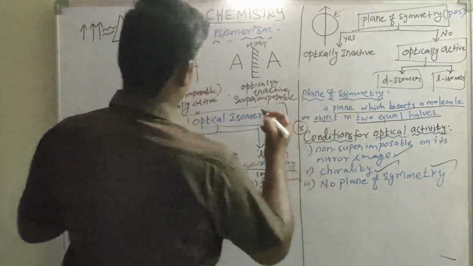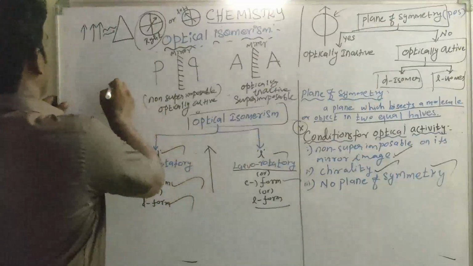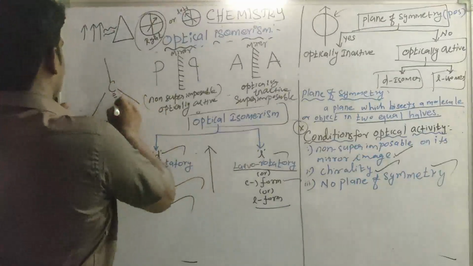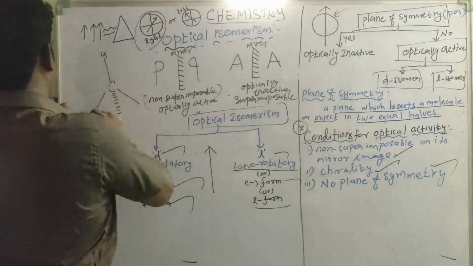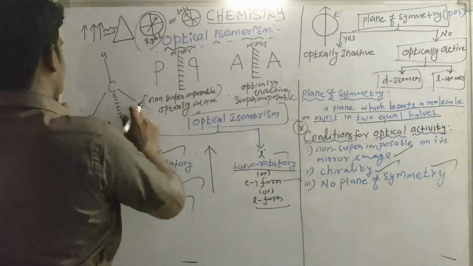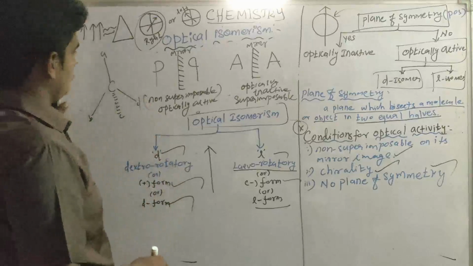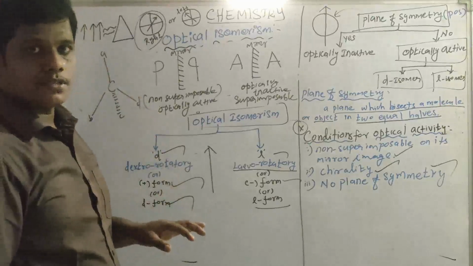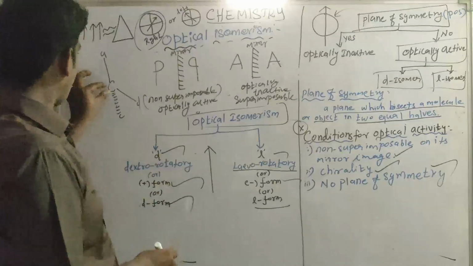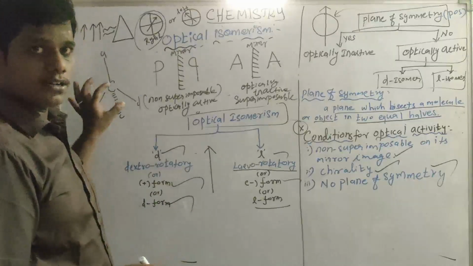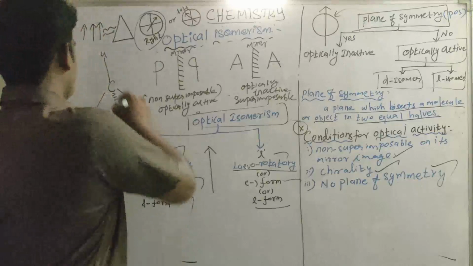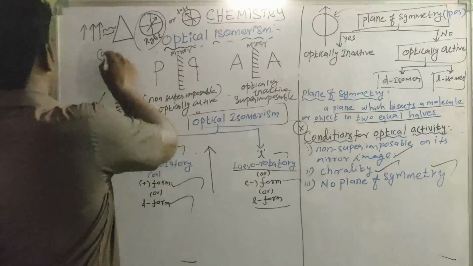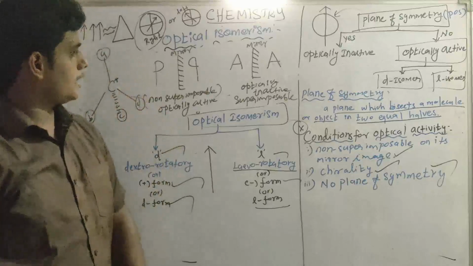It is a chirality. Chiral means what? Suppose there is one carbon in an organic compound. Chirality means, take A, B, C, D, four different groups of atoms attached to the carbon. It is called a chiral carbon. It is also chirality. When four different groups are attached, it is called chirality.